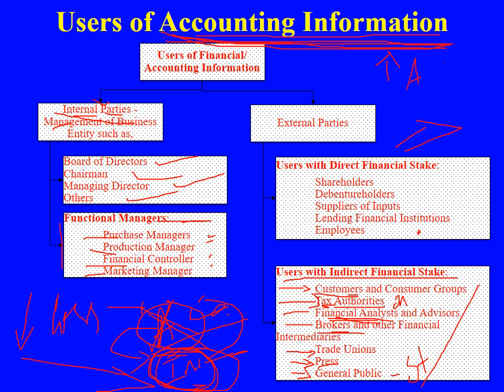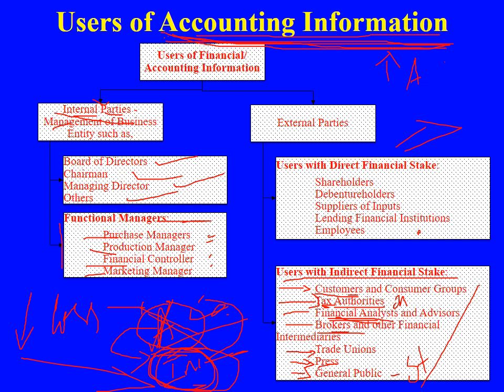What about the debenture holders? Even debenture holders want accounting information to take decisions, whether to lend the loan or not, whether to purchase the debentures or not. Usually these debenture holders need a regular interest at a particular time. If the company is not performing well, obviously debenture holders won't go for purchasing the debentures of that company. So how do they get to know whether the company is performing well or not? Obviously by seeing the accounting information which has been supplied by the company.